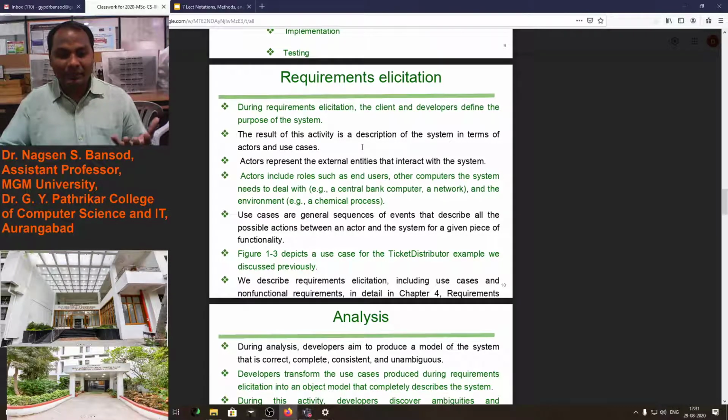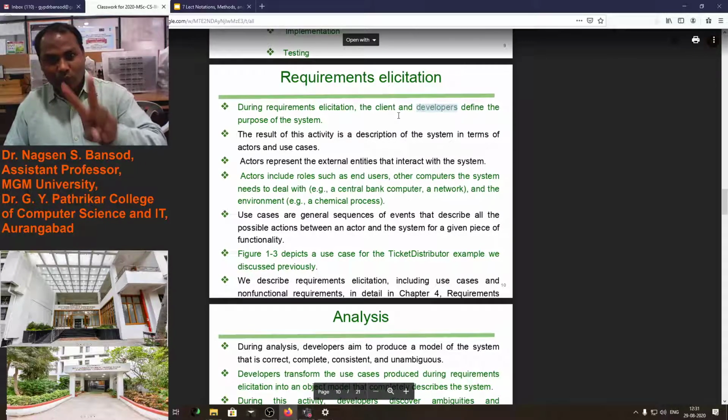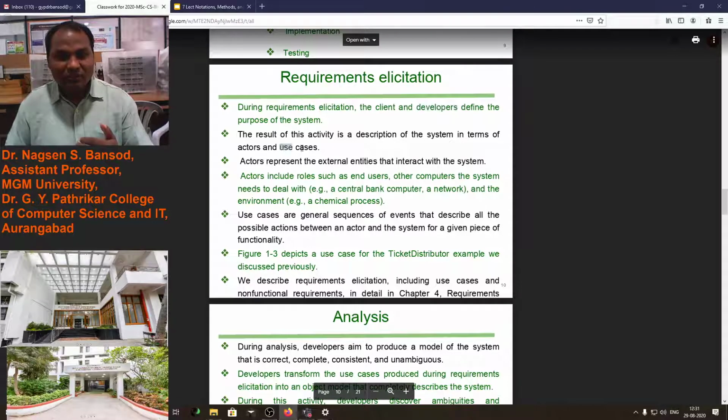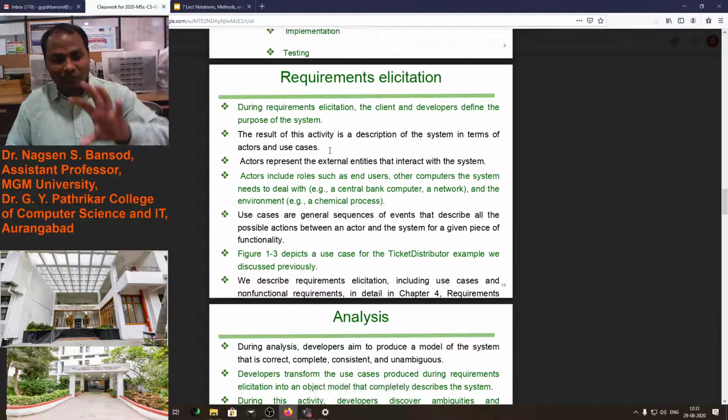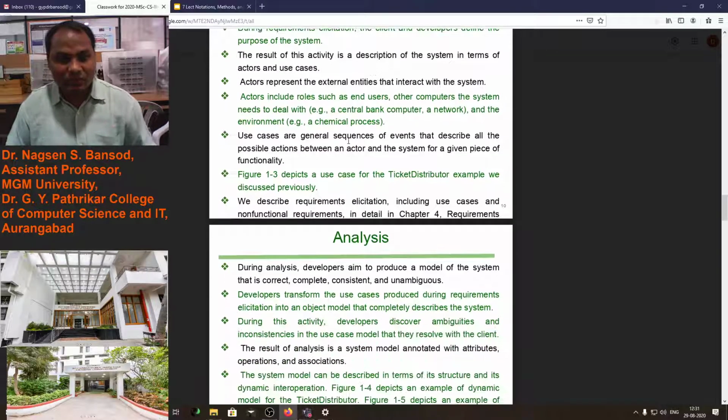There are two actors, the client and the developer. They will communicate with each other, and that communication is the use case. That communication we can say is a use case.